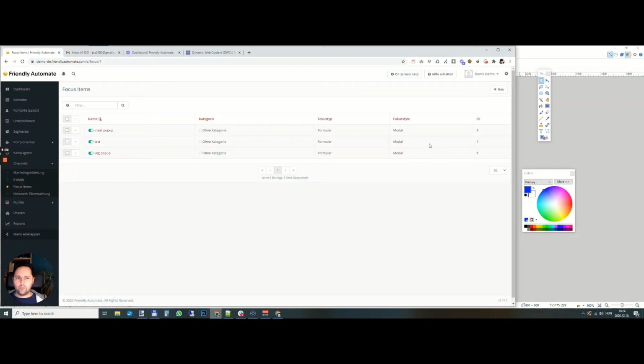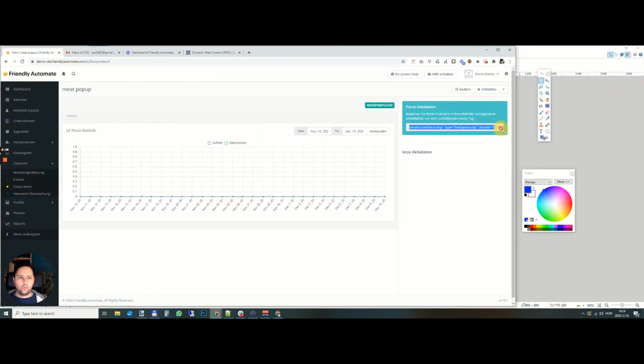You see, they're both the same. They have the number 4 and number 5. Why is that important? Because you have to use this when you build in the focus item. If you would use just the script and add it to your website, that focus item will pop up and show. But we don't want to just show it to anyone. We want to show it to those people who we tagged. So let's turn that on